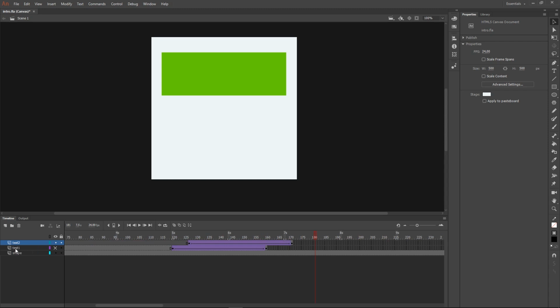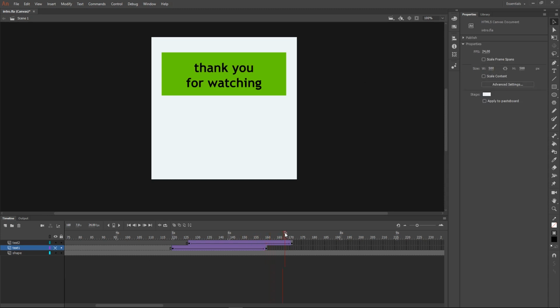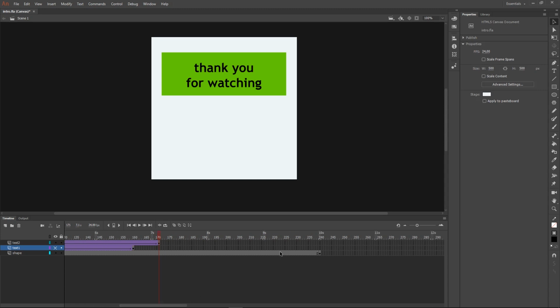Our text 1 doesn't need to be longer, because if I hide my text 2 and I show my text 1, you can see that my text 1 should disappear at this point. So I do not need to expand this because it is already away, but my text 2 should remain visible. So what I need to do is go to my frame 240 at the end, and